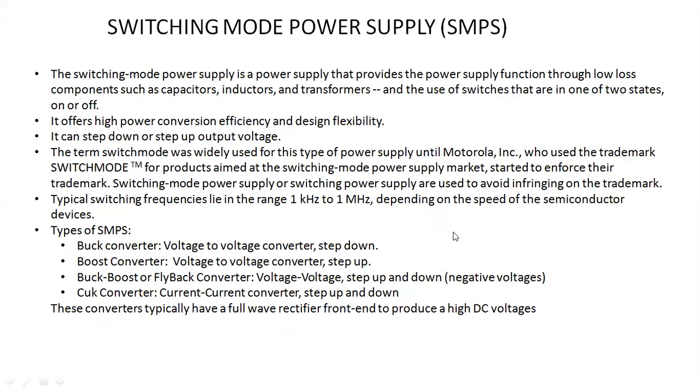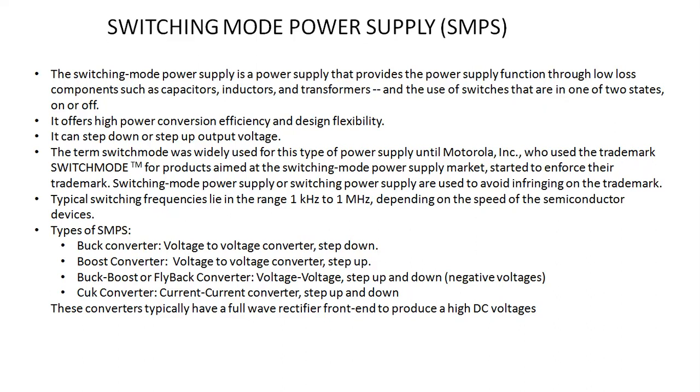What we are saying here, we have another type, that is the flyback, or we can say the buck boost, in which we can change the polarity. Another type is the current converter, or buck converter, in which we can step up or step down. We can decrease or increase the level for current. So we can call this type of converter a current to current converter, because in buck boost and buck converter we use a voltage to voltage converter, and we call this type the switching mode power supplies.